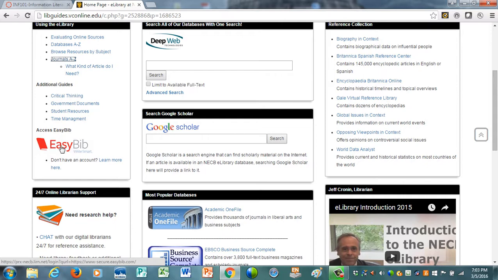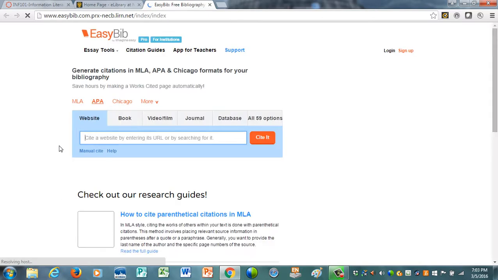If you click on here, it brings you into the resource, and one of the benefits of using this tool is that you type in the information about the source you're using, say an article from a journal or a book or a document found on the web, and it will automatically put it in APA format. Just one little warning, and again I go into more detail in the APA Bootcamp webinar,